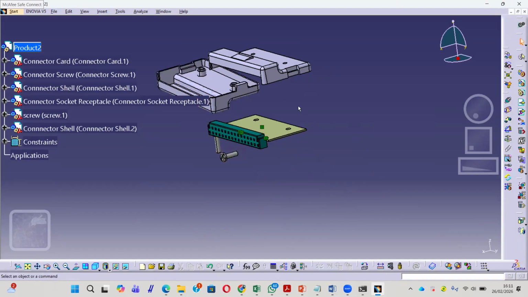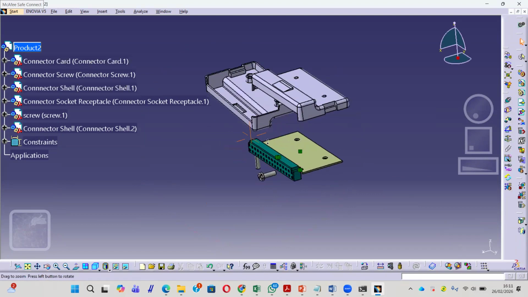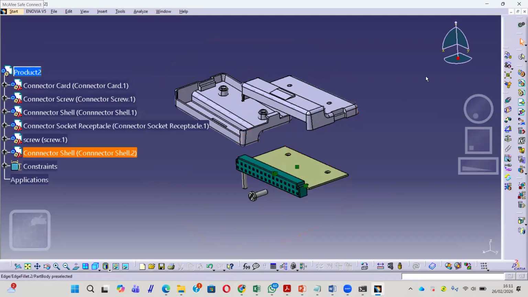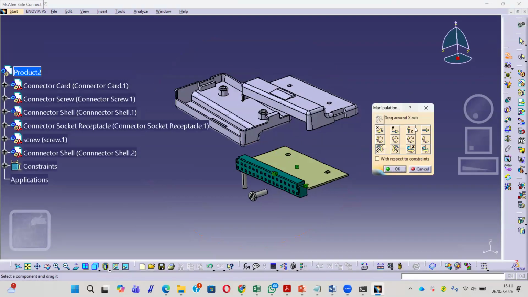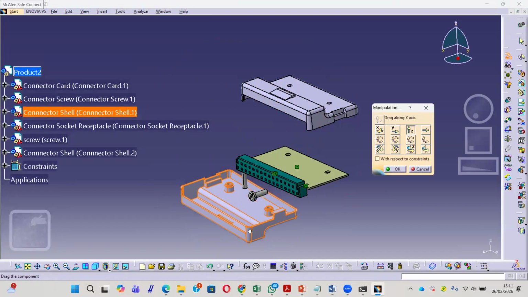Okay. We move in z-axis to make distance.